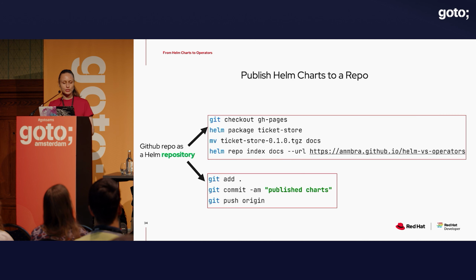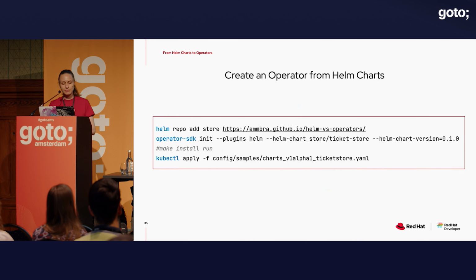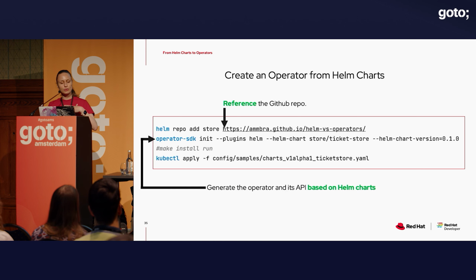Just published my charts. These are pretty easy things to do. You generate the index file based on the docs directory, and then I was able to reference the GitHub repo on my local and created and generated the operator and its API based on Helm charts using the operator SDK init command, saying, okay, I'm going to use the plugin for Helm charts. I'm going to use the ticket store, and you can also say which Helm chart version is backing up your